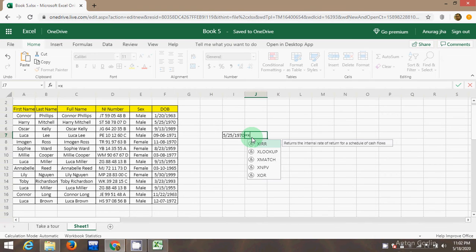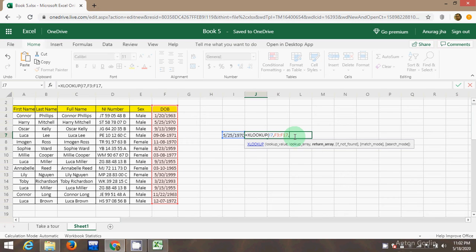The lookup value is this, and our lookup array means the list where this value should be found. This value is found in this column, so I'll just copy this. And the third parameter is the list from which you want the result. I want the full name, so I just copy this whole column, close the bracket and hit enter.